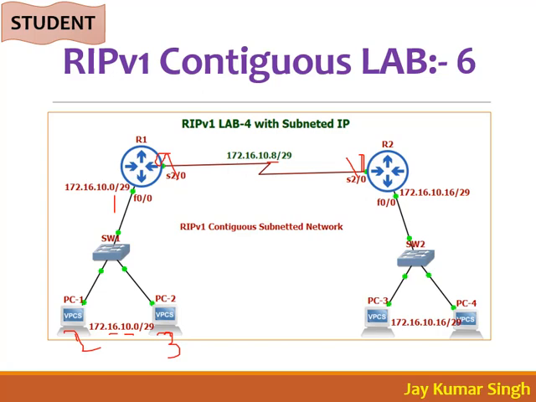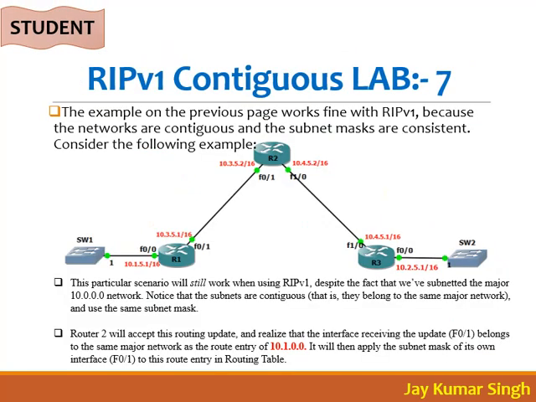You know when you do subnetting, 0 to 7 here, 8 to 15 is here, and from here it is 17 to 23. So now this will be 17. So here he will write 17 and here he can write 18, 19 like this. So if it is a contiguous network, they will communicate. Okay, this is also a contiguous network.